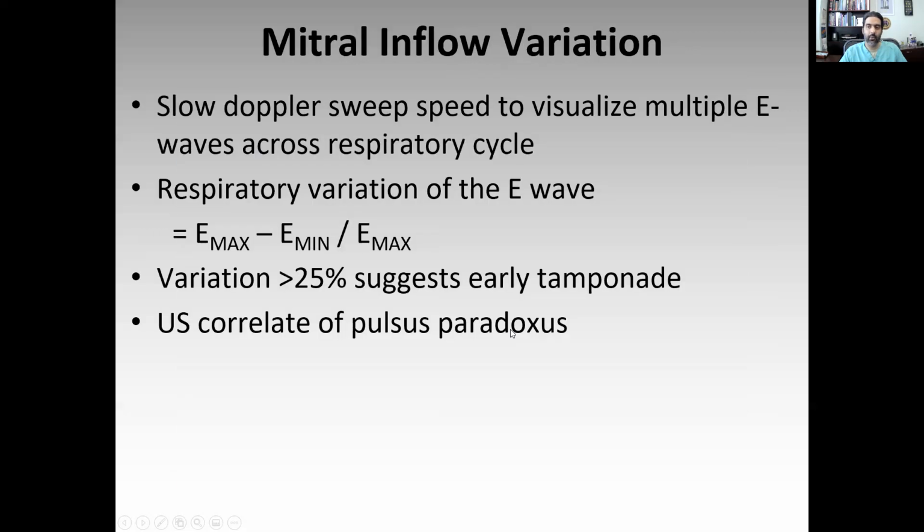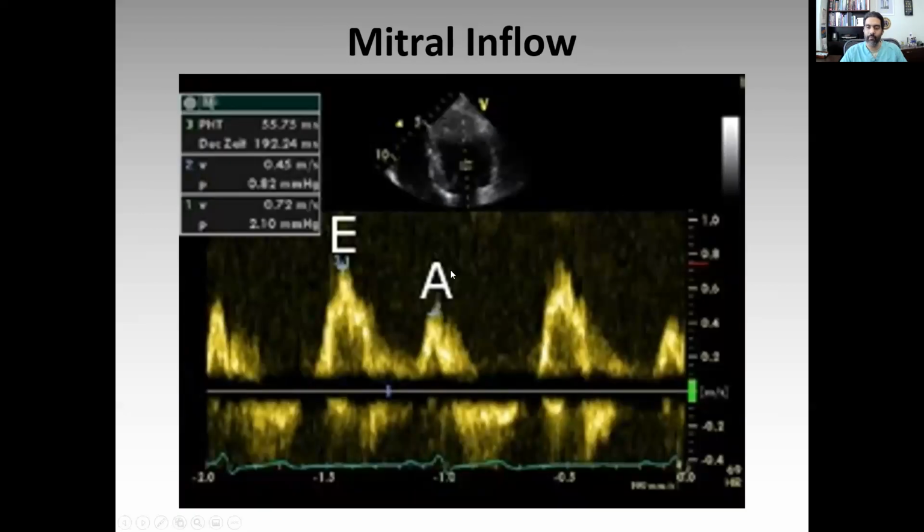But specifically what we want to look for is respiratory variation of mitral inflow velocities. Okay? So what we'll do is we will get this tracing here, E and A. We're going to slow down our Doppler sweep speed. What that will do is it will give you a bunch of E waves in the same tracing across